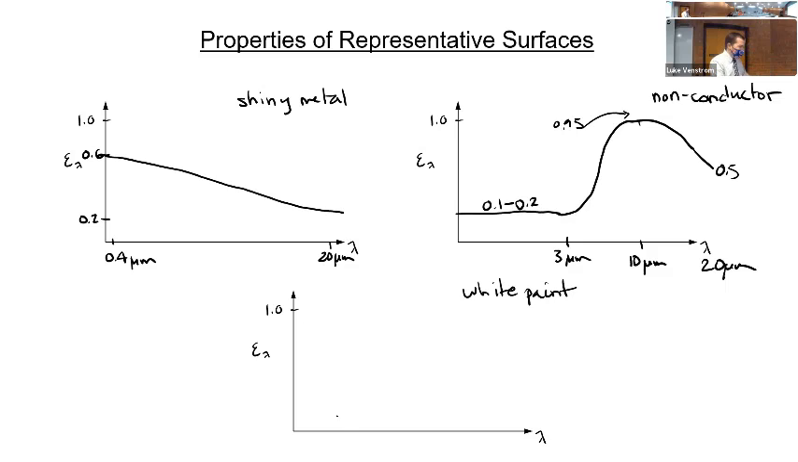Okay, and then white paint. White paint typically has a very sharp change in its spectral properties around 1 to 3 micrometers, I'd say. And again, it's kind of like a ceramic. It's typically low emissivities in the visible, and it has much higher emissivities in the infrared spectrum, which is why,